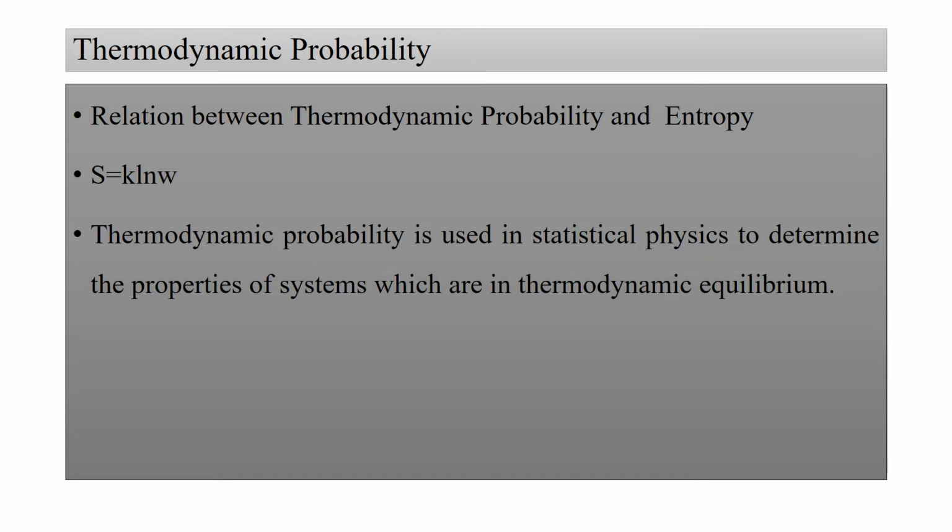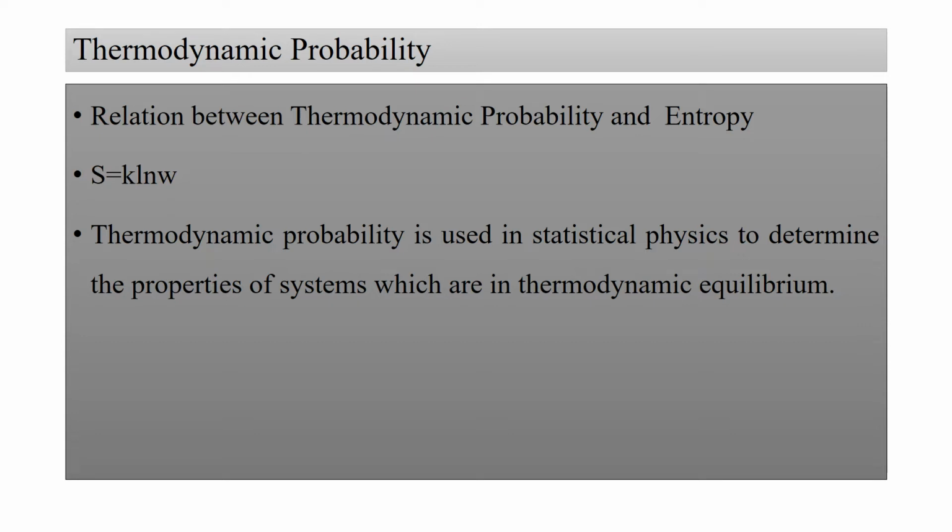Thermodynamic probability. The number of processes by which the state of a physical system can be realized. That is, in thermodynamics, a system is characterized by specific values of density, pressure, temperature, and other measurable quantities. The thermodynamic probability is equal to the number of microstates which realize a given macrostate,